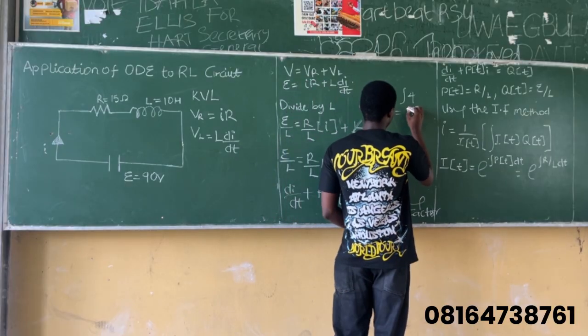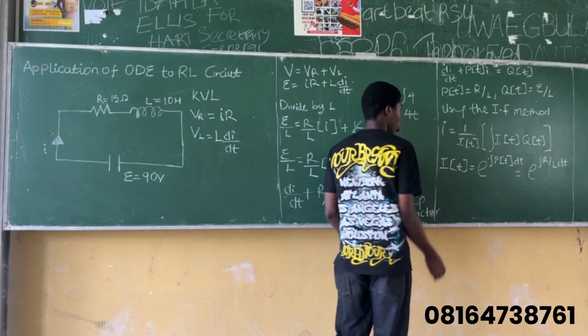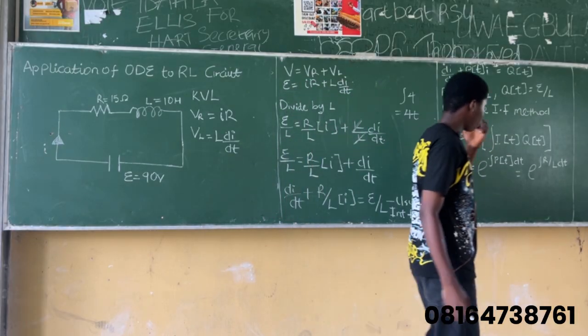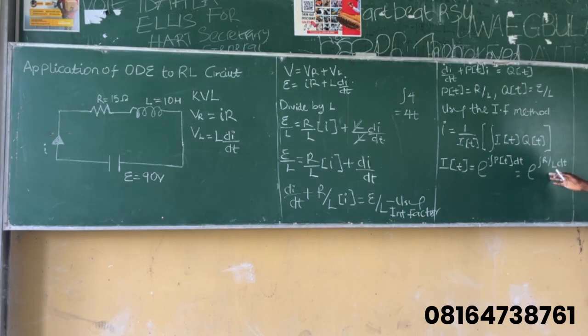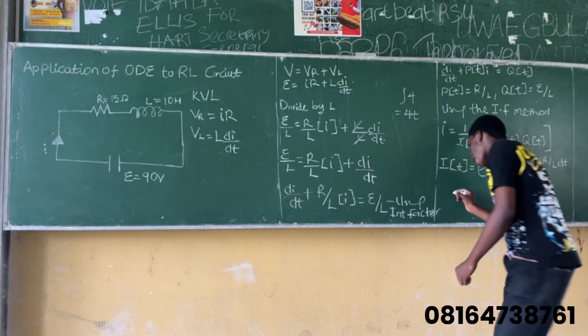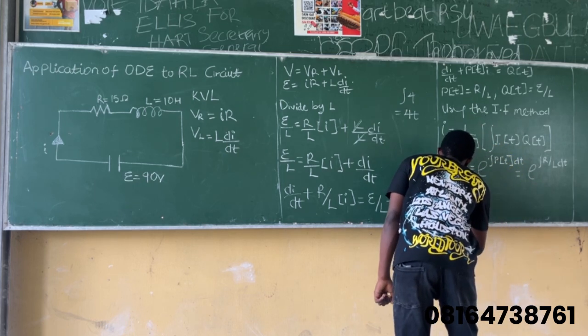So the integral of 4 is 4t. Now we are going to be using the same idea. We have R over L, we are asked to integrate it. We basically add R over L times t to it. So I of t,